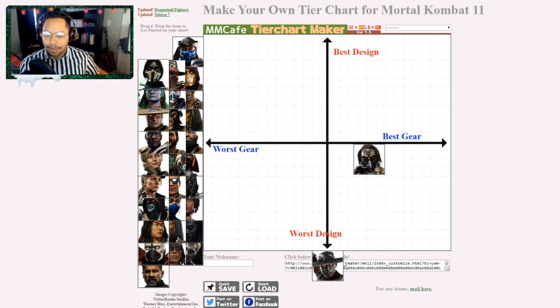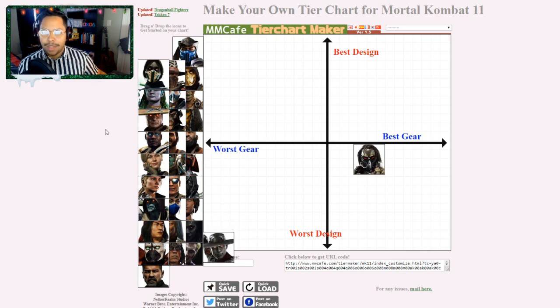So actually, you know, I'm not the best at math. So he's going to go all the way over here. Worst gear, worst design. So maybe we can even keep him here, but we'll put him a little lower than the chart allows. Sub-Zero is a hard one because I feel like